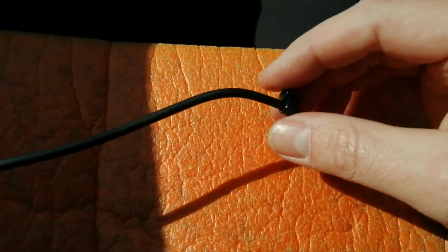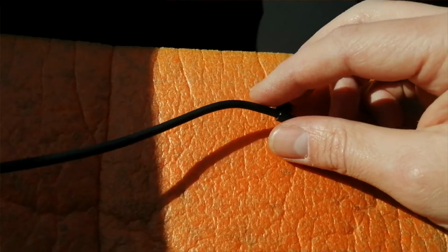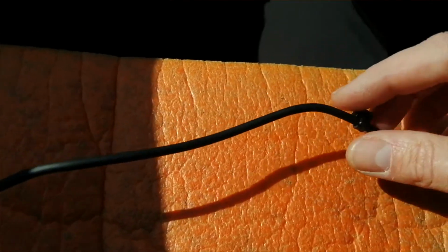Now what we're going to do is ease the headlining down slightly. You can do this with your fingers, it's not normally very tough. Here we are at the top, there's your power cable, and if you put your fingers under, you just flex it, look, just enough to be able to get the cable ties up and under, like so that it stays put nicely. You don't need to go out like a bull in a china shop, you know, it is delicate, so just ease it down with your fingers, tuck it all the way along till you get to this corner here,